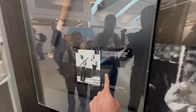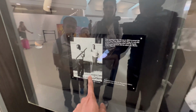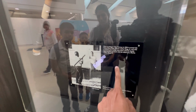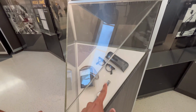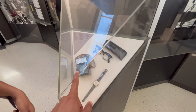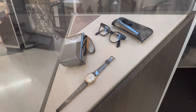This is Martin Luther King's baseball bat and ball that he played with his son right before he went to Oslo, Norway to accept his Nobel Peace Prize in 1964. That's Martin Luther King's eyeglasses, watch. He didn't need them though. And radio. He said he didn't need them though. Just made him look